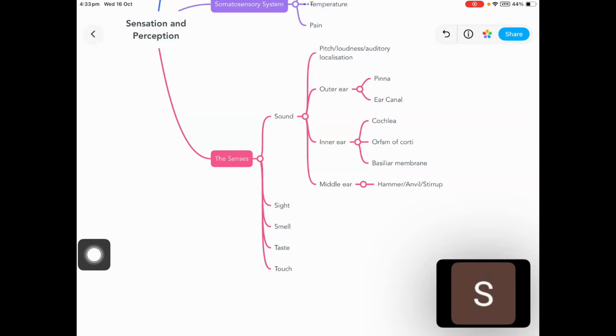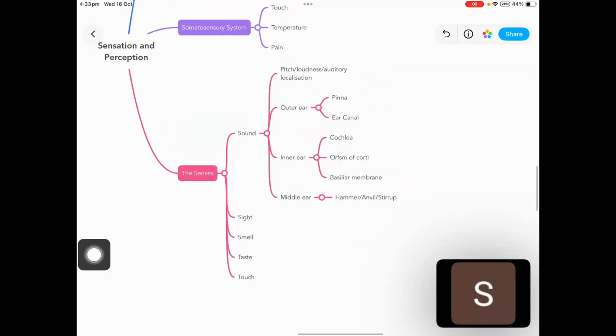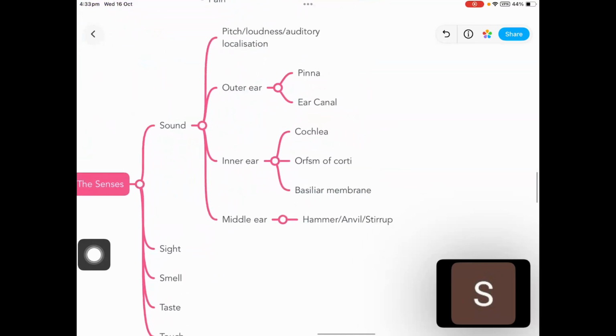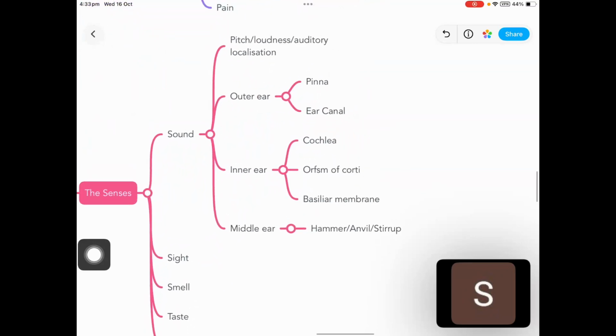When I think about hearing, obviously that's the ear, but it still feels like a kind of mystery because it's so hidden how it actually works. So I felt the need to split that into a little mind map itself, sound being my little pet subject that I'm interested in. There are three main areas of the ear: outer, inner, and middle, and they all work to funnel sound in and turn that into signals that we can feed our brain.